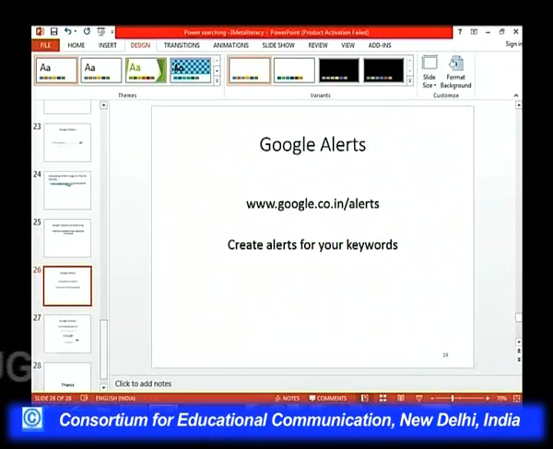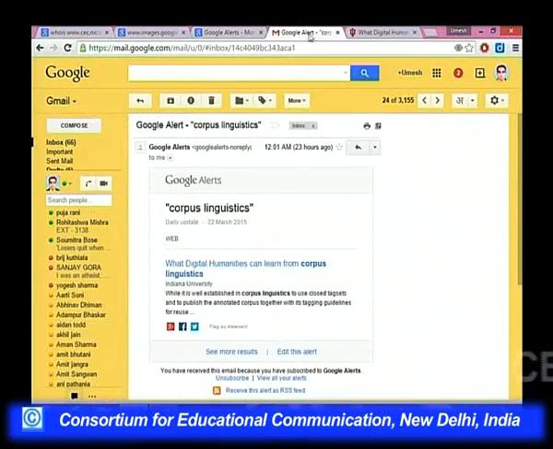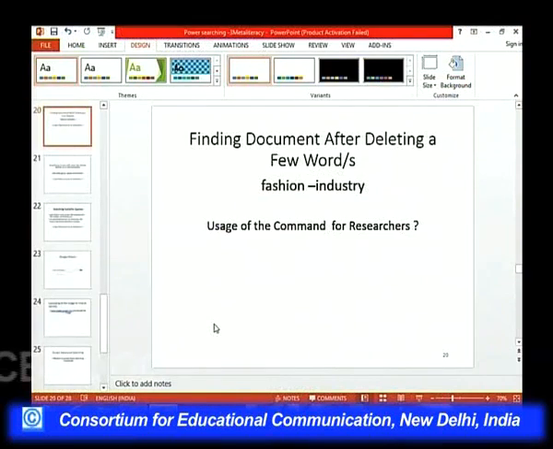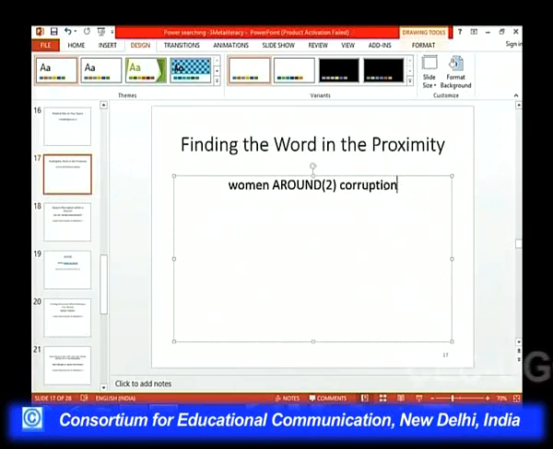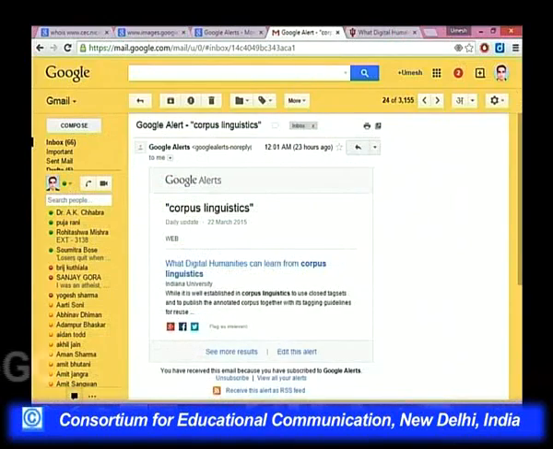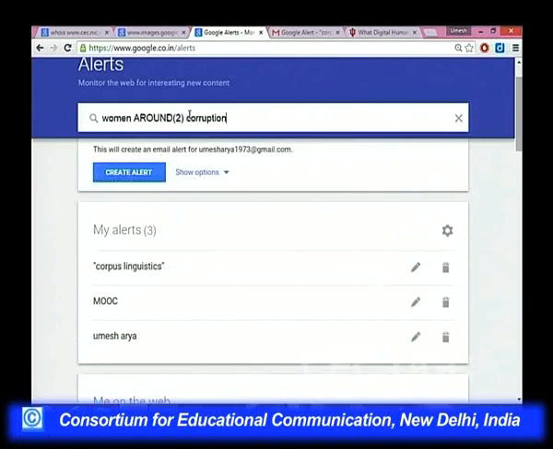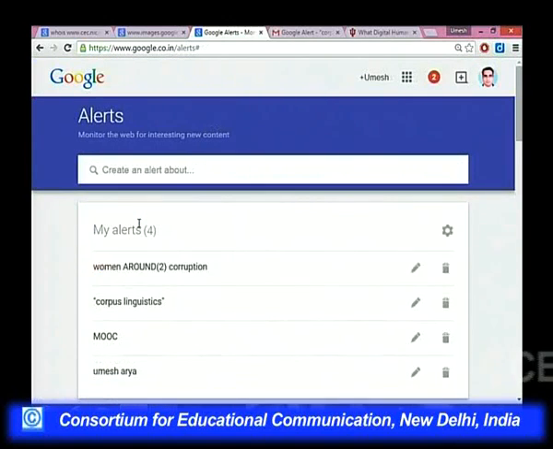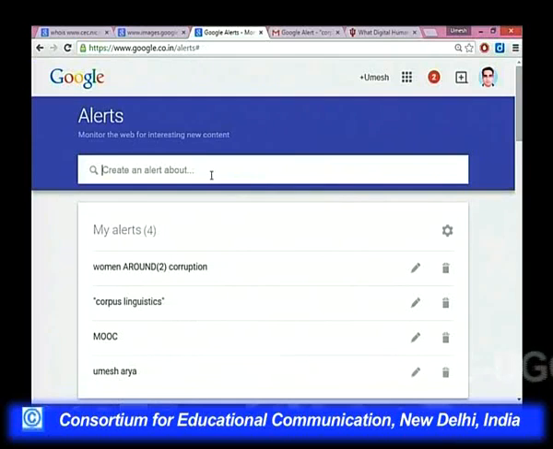Just one more thing as far as Google alert is concerned, that we can create an alert about the information in any command. For example, if I enter this in the command, if I create a command like this, and you see, create alert. Now, alert is created. So, all these commands which I just told you, you can create alerts on them, and you will receive the particular information, just the latest one as per your own wishes.